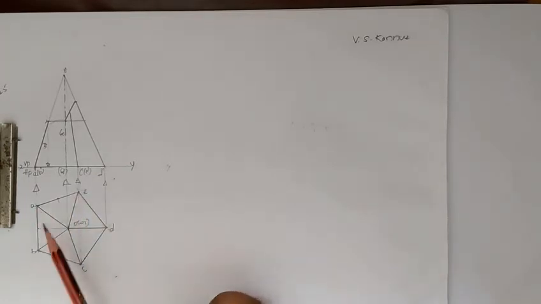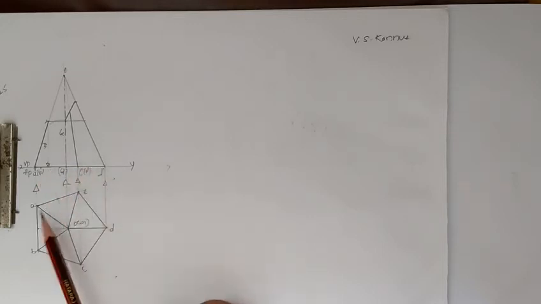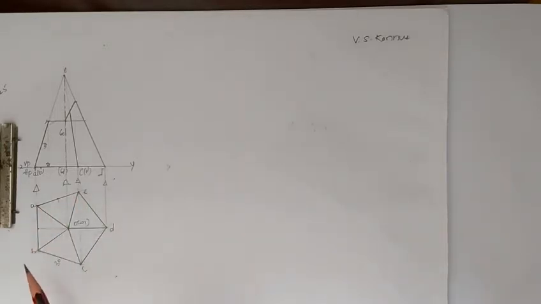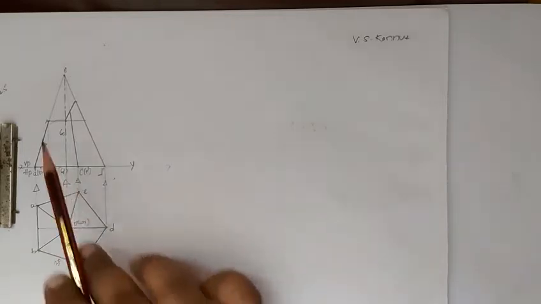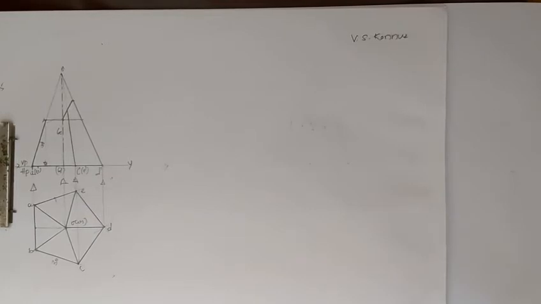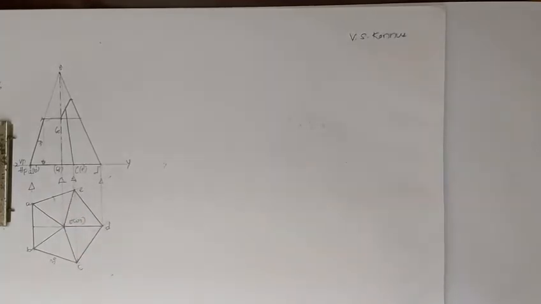This is the procedure we have to follow when it cuts on the base. Now there is no cut on the base, because of that we are not considering AB, BC, CD, DE and EA. We are not considering these base edges. Only I am considering OA, OB, OC, OD and OE, because it only cuts on OA, OB, OC, OD and OE. There is no cut on the base. Now we'll give the numbers.